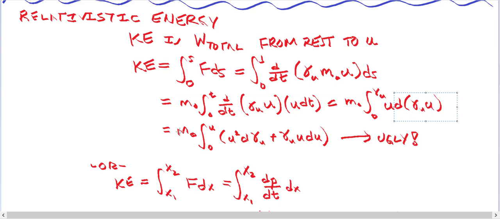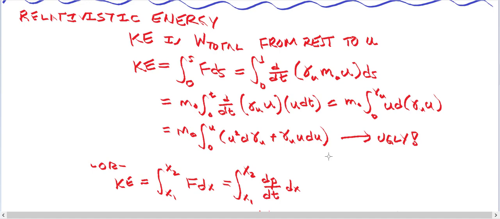We can look at the total derivative here and say m times the integral from 0 to u of u squared d gamma u plus gamma u du. That is ugly. You are welcome to try and work through that, but let's take a different approach